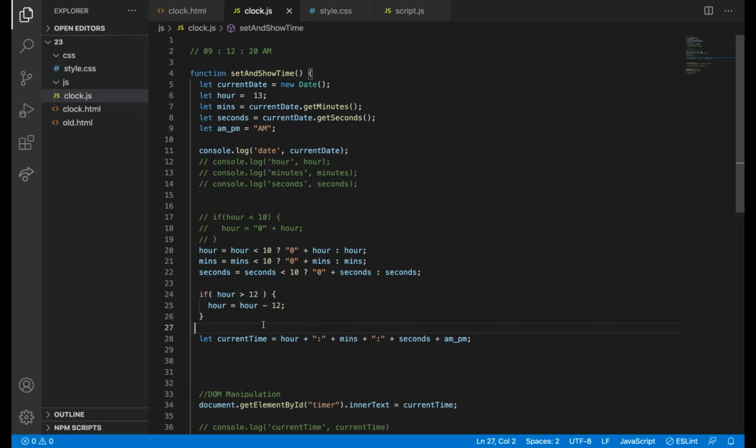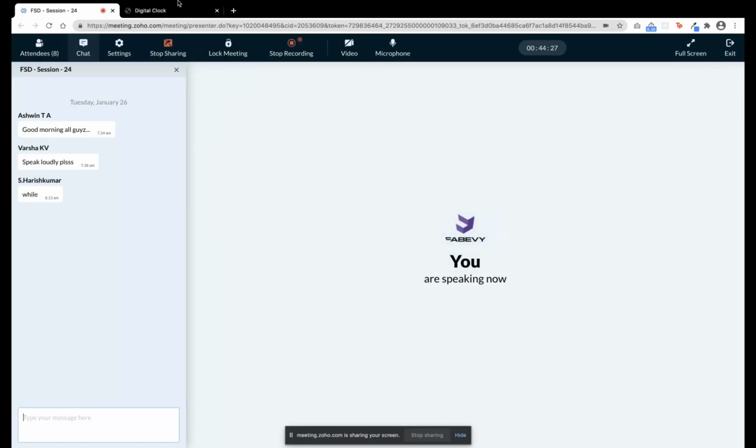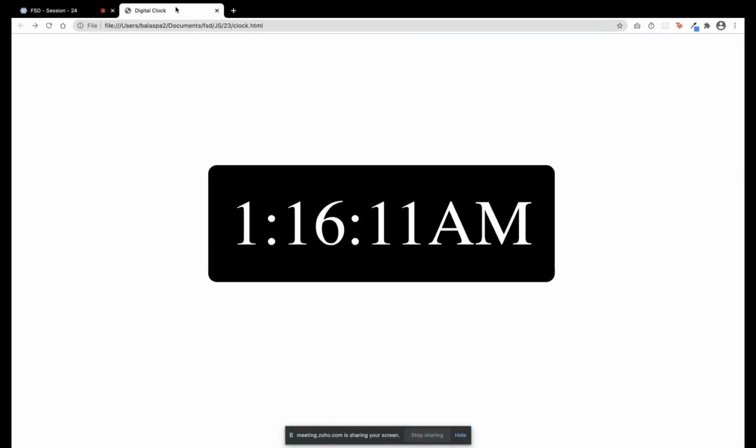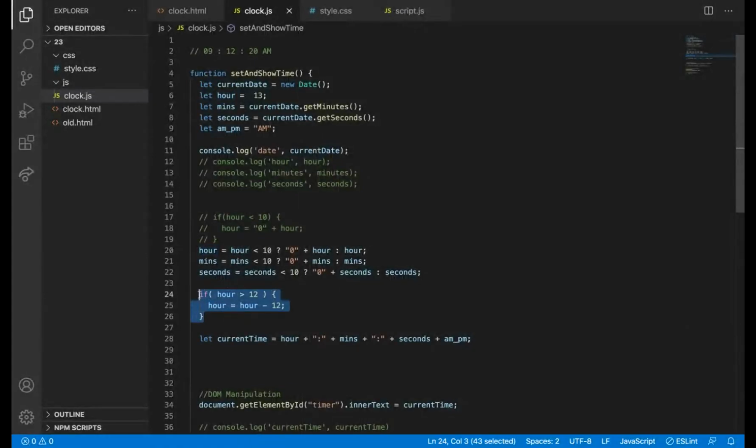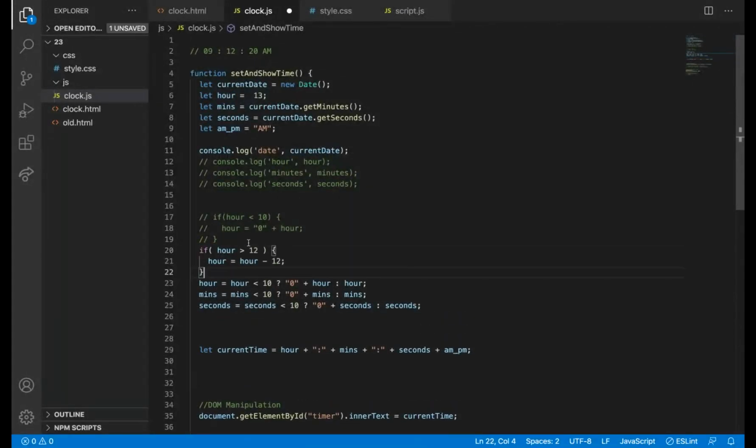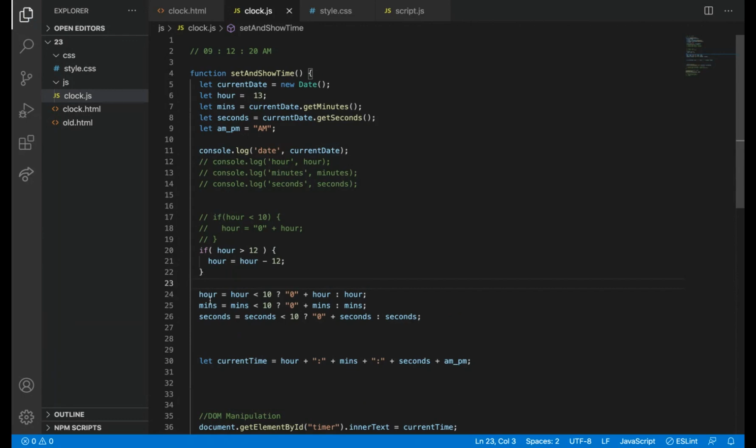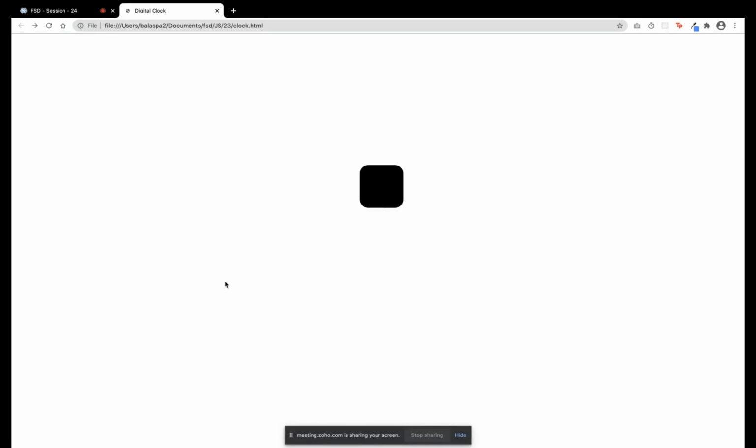So let me check. Now my time is 13. Assume my time is 13 in the afternoon, 1 o'clock afternoon. I need to add this here, because after checking the value of hour, I need to append it. I'm writing it here.